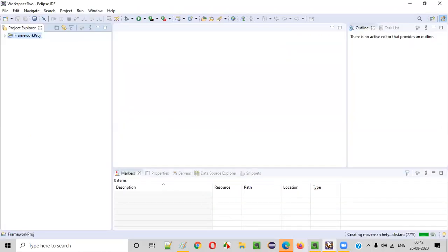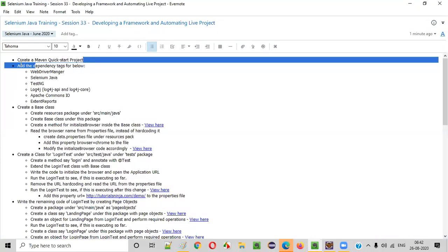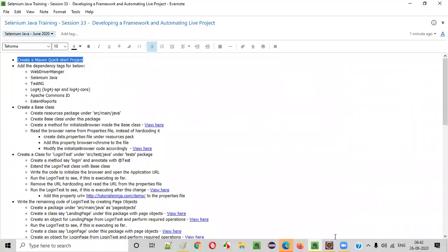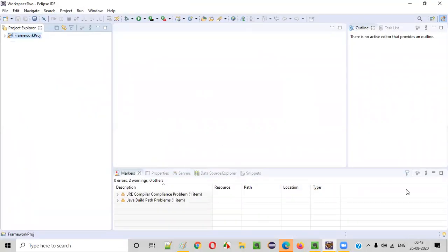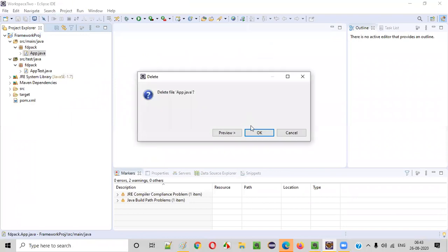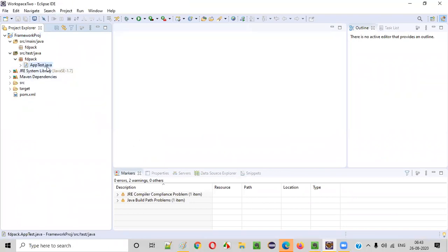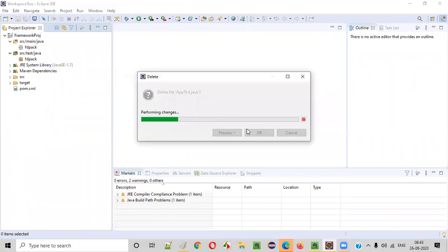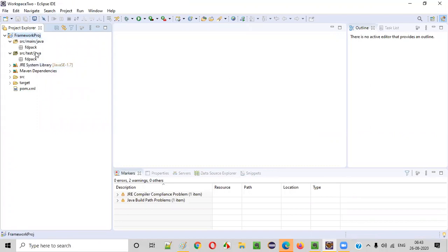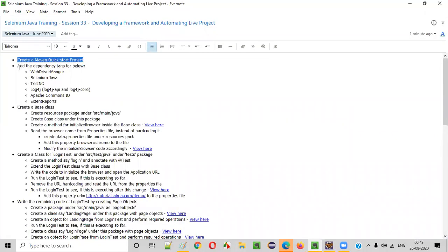So we are simply doing nothing, guys. First step is just create a Maven project, nothing more than that. So the Maven project is created now. Expand this, expand src, expand everything. Delete this app.java, guys. Okay. So wherever you see this app.java, simply delete it. It's not required for us. Right click, delete. Fine. We are done with the first step, where we have to create a Maven project, and we created it successfully. Now let's move to the next step.